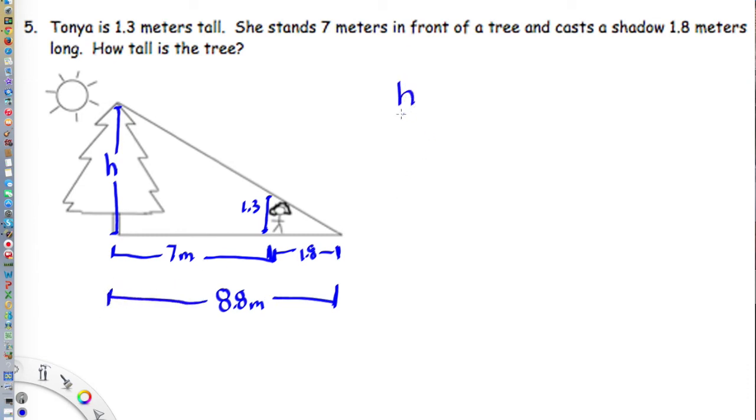So the height of the big triangle is unknown. The base is 8.8, and that's got to be equal or in proportion to the height of Tanya, which is 1.3 meters, over the length of her shadow, which is 1.8 meters. We're just going to use cross multiplication. When I cross multiply, 8.8 times 1.3,